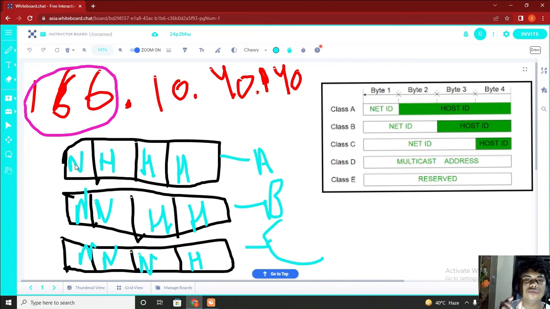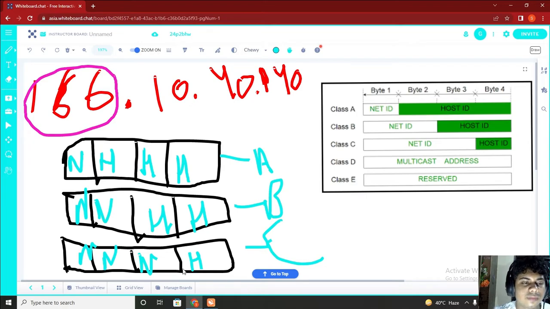It means that there is only one octet which is reserved for network, and three are reserved for host. And in the second class it is incremented by one, which means the first and second octets are reserved for network, and the third and the fourth octets are reserved for host. So in class C, the first three octets are reserved for network, and only the fourth one, which is the last octet, is